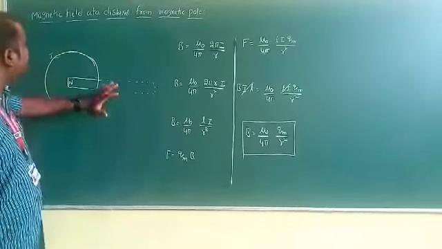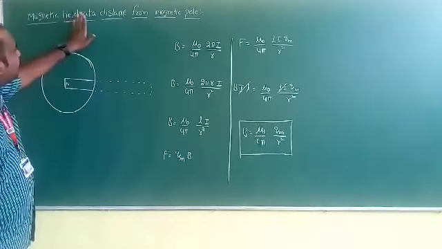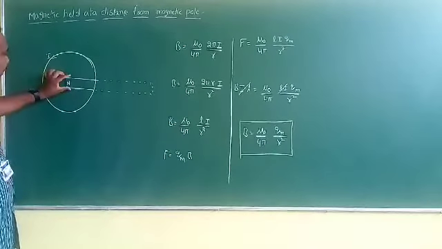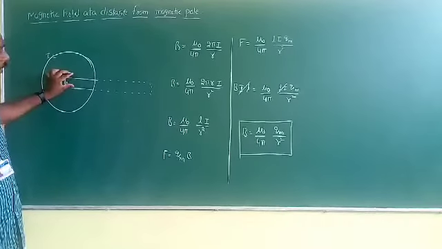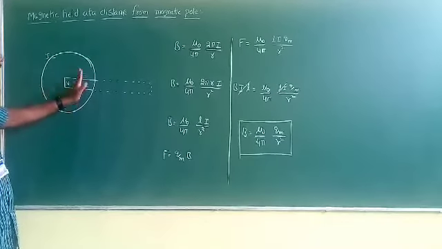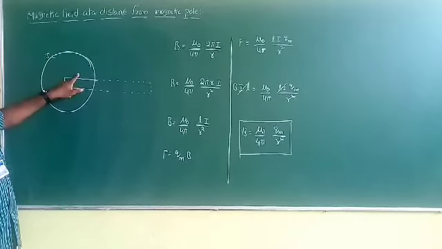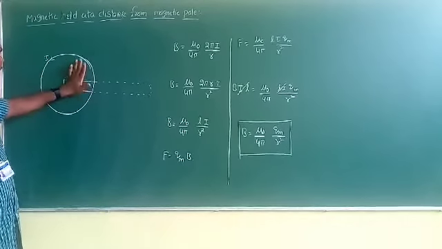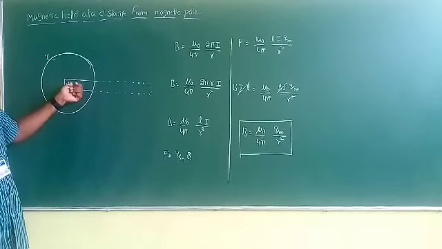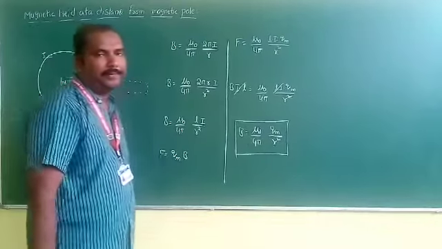So once again, now we see the derivation. The magnetic field at a distance from the magnetic pole. Here I am keeping an infinitely long bar magnet. Here I am taking one circular coil, a current carrying conductor. I is the current passing through the conductor and R is its radius. Now the plane of this bar magnet and the plane of this coil are both the same. Now this bar magnet center and coil center are both coinciding, and keep it there.